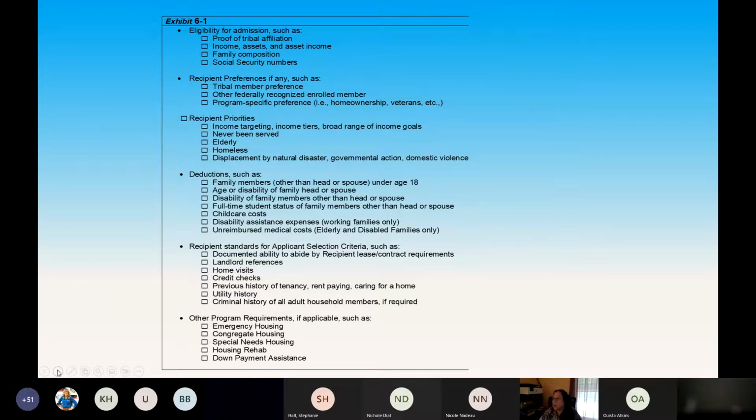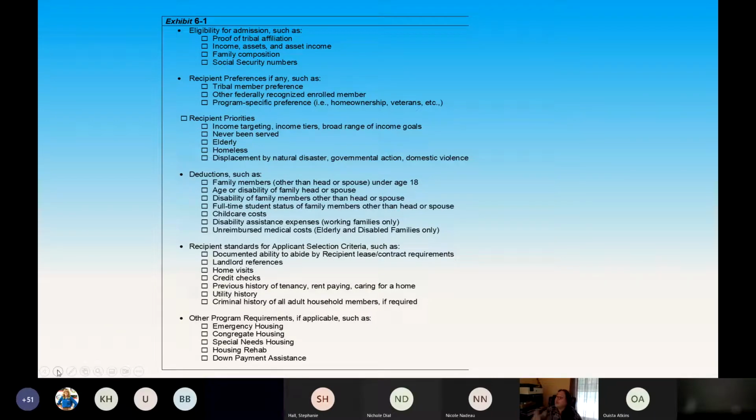Credit checks. I know housing authorities that run complete credit checks to see if there was a problem with bouncing checks. Do they owe a landlord 2 years back rent,